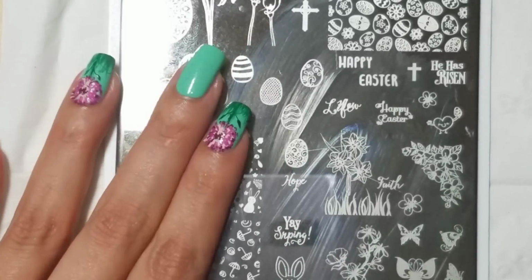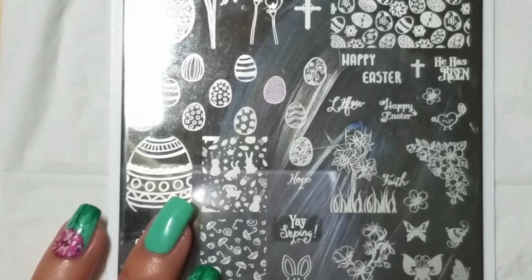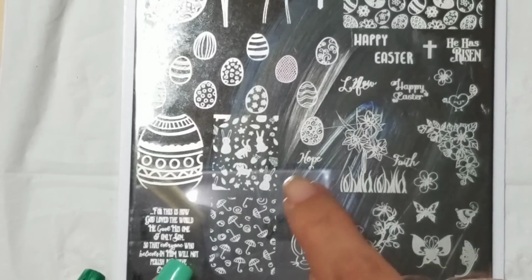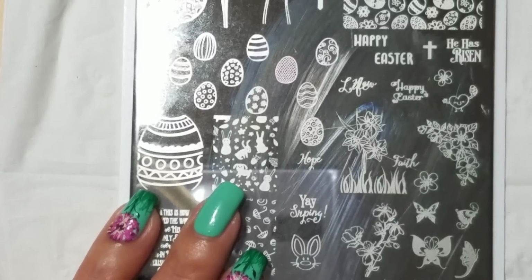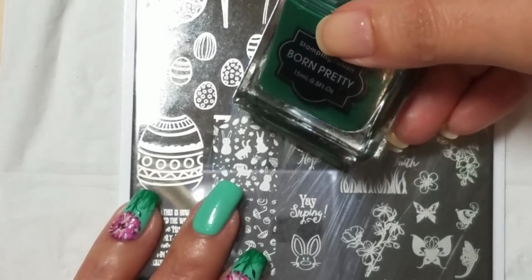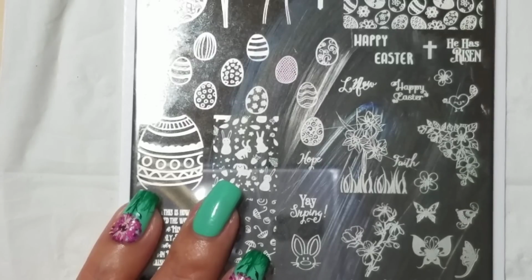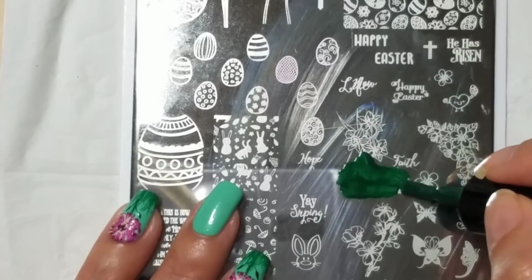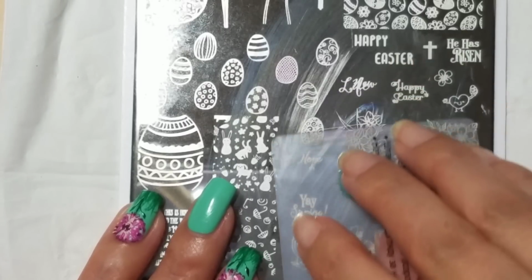But anyway, I'm going to show you what I did here. First I'm going to start off and use the stem and the grass from this plate, which is UR08, and I think it's a knockoff of the Uber Chic Beauty Yay Spring plate. So first I'm going to use this dark green from Born Pretty, and I actually am on the lookout for a better dark green, because I like this one, but it's not as opaque or as dark as I would like. So for this one, I'm just using my regular full nail stamper